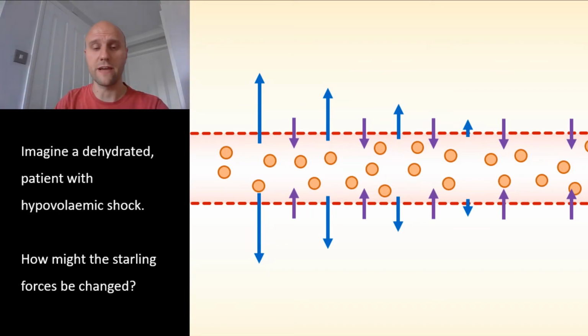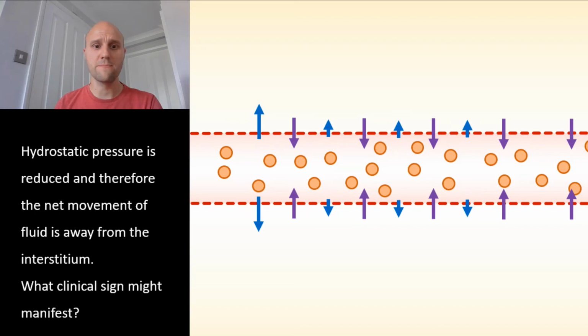How might this affect the Starling forces within the capillaries? Well, we'll likely see a reduction in hydrostatic pressure, and there's no change in the oncotic pressure because the proteins haven't gone anywhere, and so you don't have that same movement of fluid out of the capillary and into